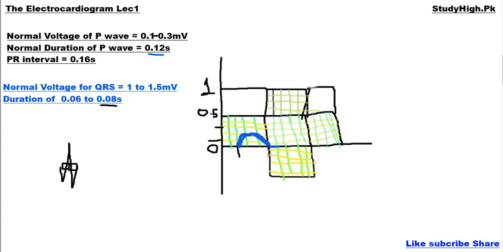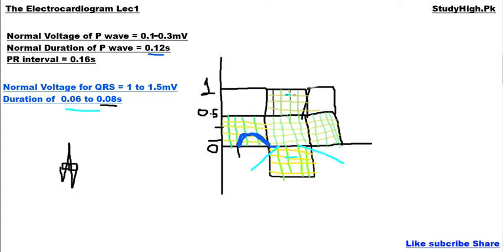So now we are pointing out the normal range of the QRS complex. If it starts from this point, it will end after a maximum of two small boxes, one box, second box. So the QRS complex will be completed between these two small boxes. You must remember its normal duration, and its voltage should be between 1 to 1.5 millivolt. This is 1 millivolt, which consists of boxes. Its Q wave, its QRS complex also projects downward, so the total voltage will be between 1 to 1.5 millivolt.